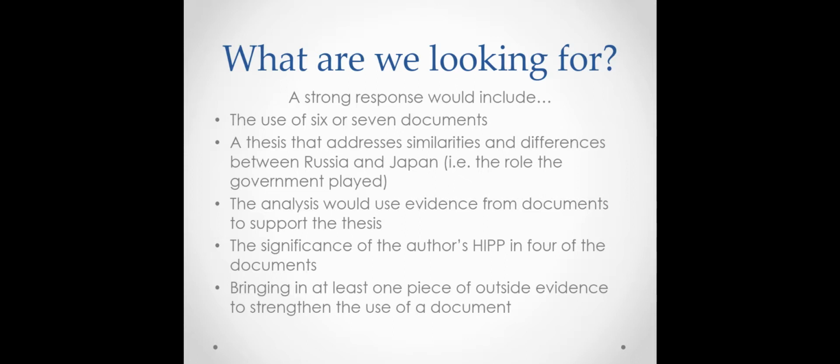In addition to using evidence from at least 6 documents to support the thesis or argument, the essay should explain the significance of the author's point of view, purpose, audience, or its specific historical context for at least 4 of the documents. For example, in discussing document 1, you might argue that the secret nature of Witt's letter increases its reliability as evidence of motivations and character of Russian industrialization. Or in discussing document 3, you might question the veracity of the evidence from the photo by a foreign photographer